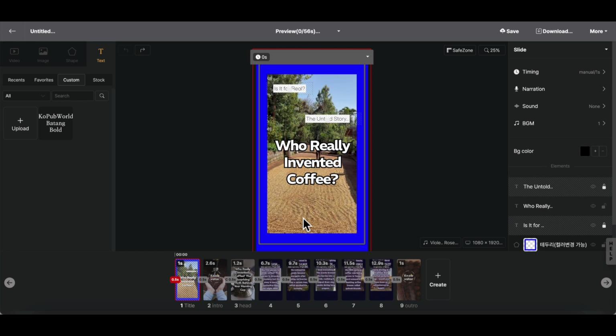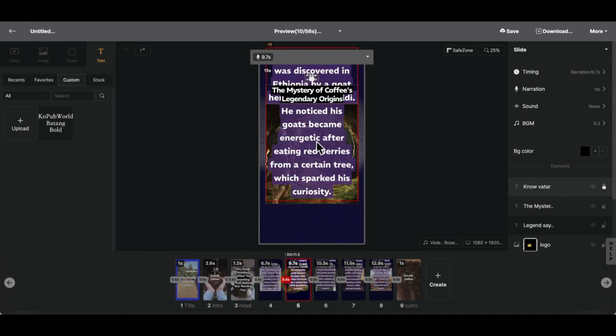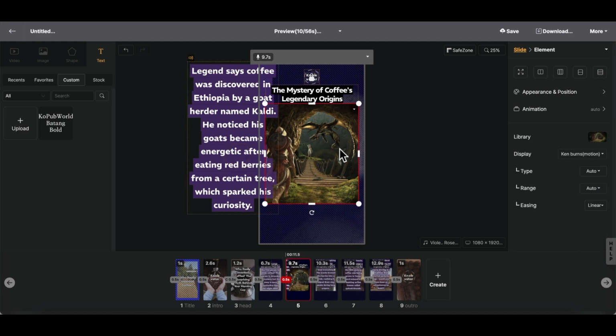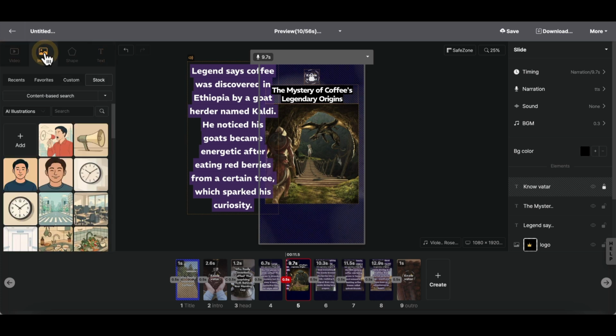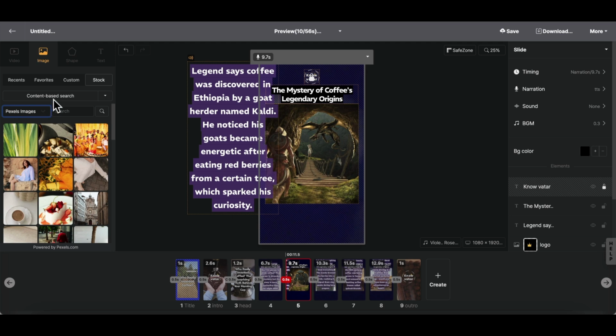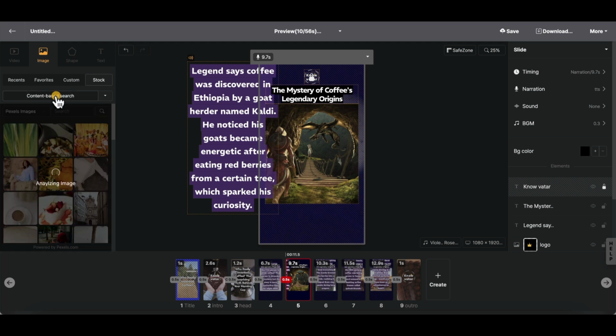Let's go ahead and demonstrate how to change an image on a different slide. As I was reviewing the content, I noticed that the current image here didn't seem to be the most suitable fit. When that happens, the process is straightforward. Simply navigate to the Video or Image tab within the interface. If you set up the image engine right here and then proceed to click on that content-based search button,